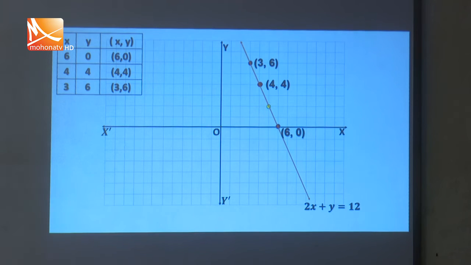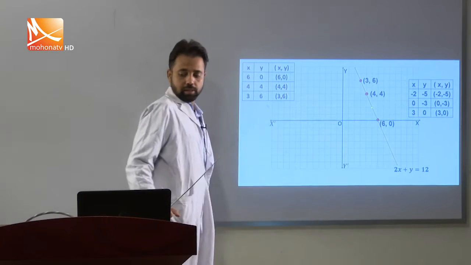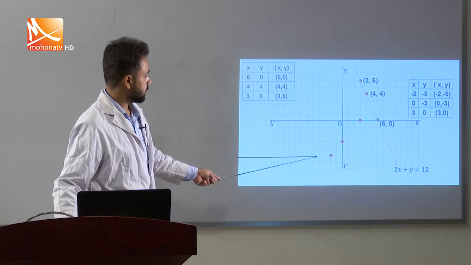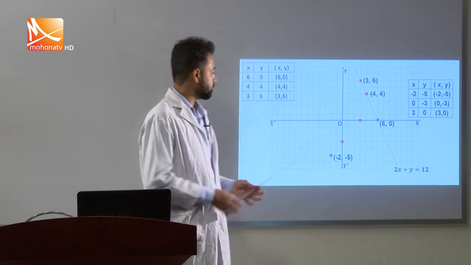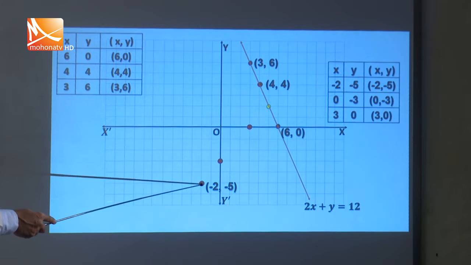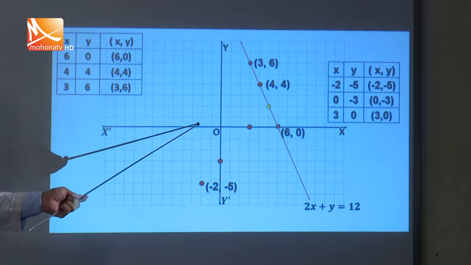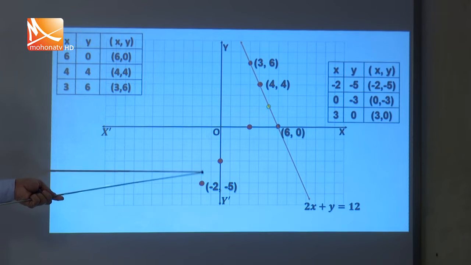Okay, students, in same way, if we plot the second set of points, we will get these 3 points. This is the point (-2, -5). So, -2, here abscissa is negative, that is the value of x is negative. So, we need to go 2 units towards left side from origin. So, 1 2, -2, then -5. So, we have to go downward 5 units, 1 2 3 4 5. So, this is the point (-2, -5).